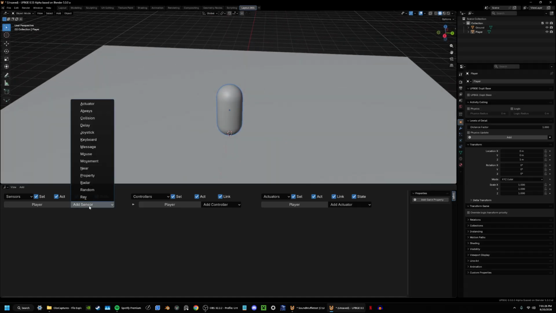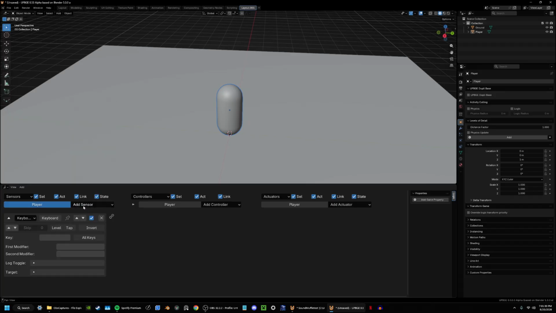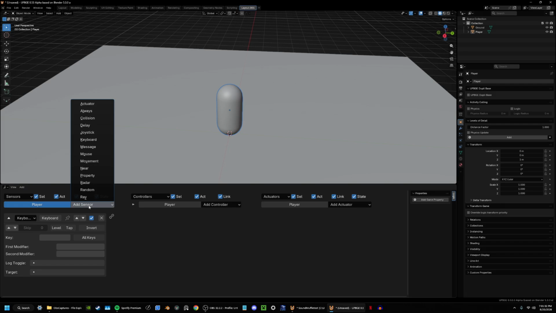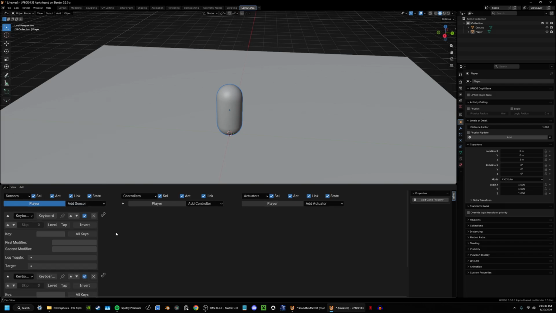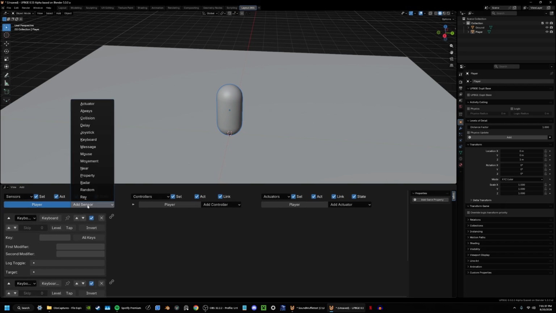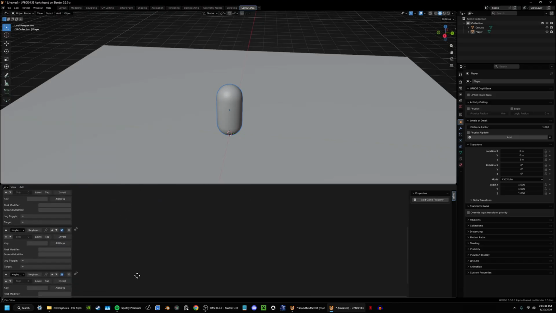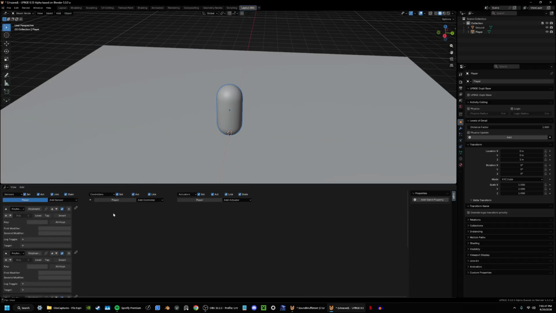Click add a sensor and change this to keyboard. You can also click this and just click K on your keyboard and add it a lot quicker. So I'm going to do that 2 more times. So we have 4 keyboard sensors in total. And then you will add a motion actuator, and you'll do that 4 times. You can just click T